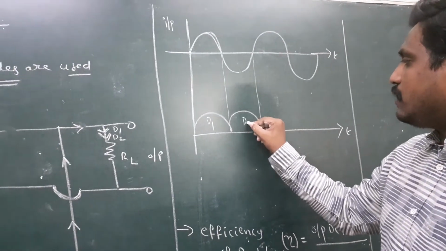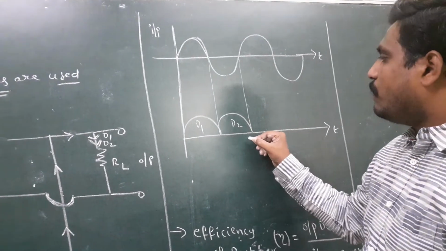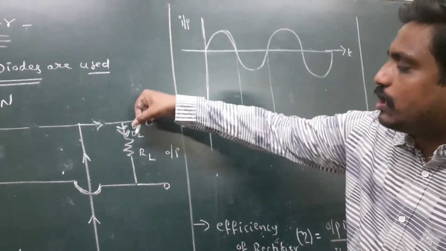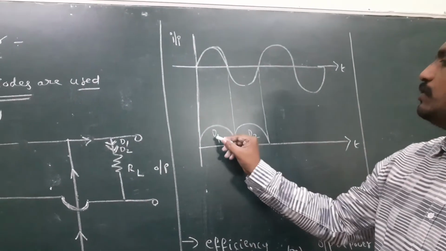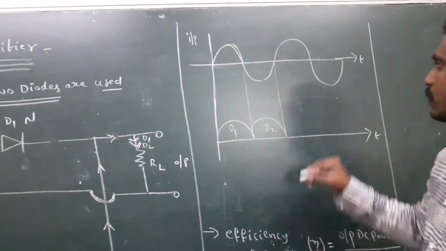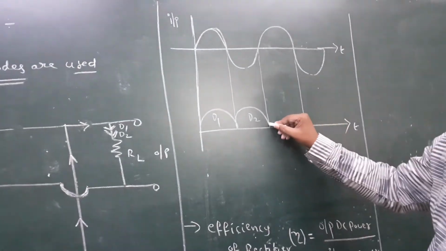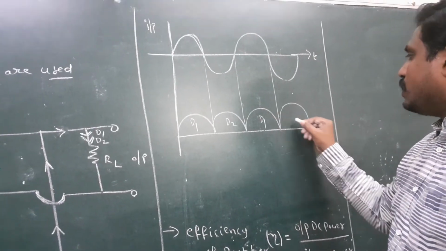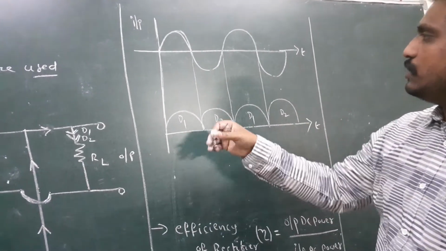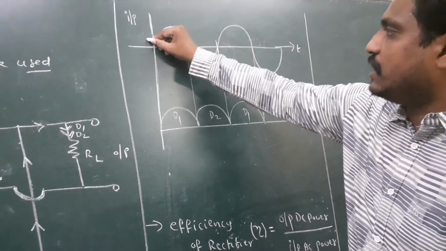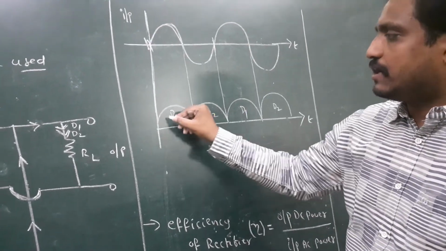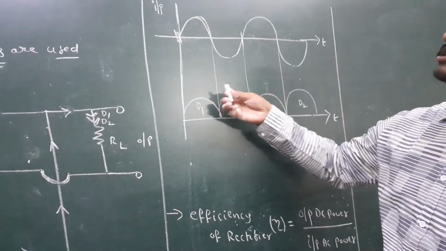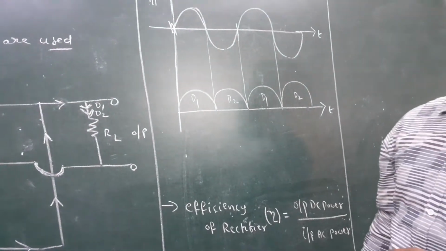Sir, why is it below here, but in the output both are in the unidirection? That means both are upper, nana. Here also, the positive half cycle allows D1 and the negative half cycle allows D2, nana. That means for one cycle we take, we get two pulses. That means 100% of AC gives nearly 100% of DC in the full wave rectifier.